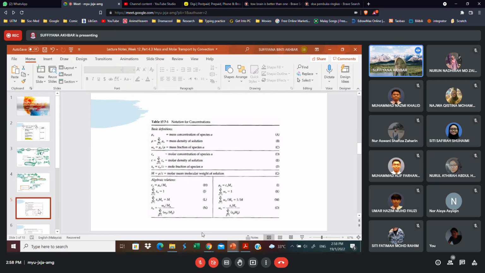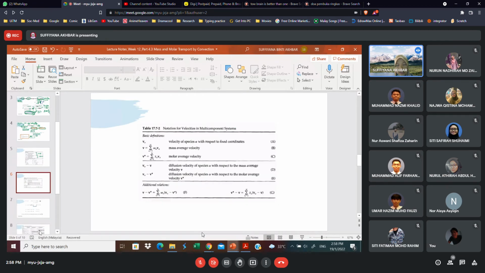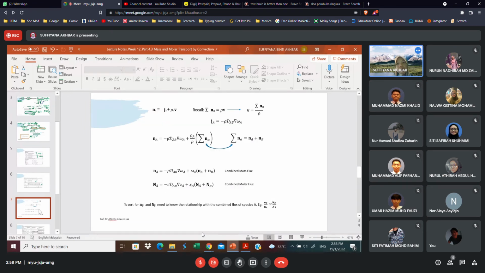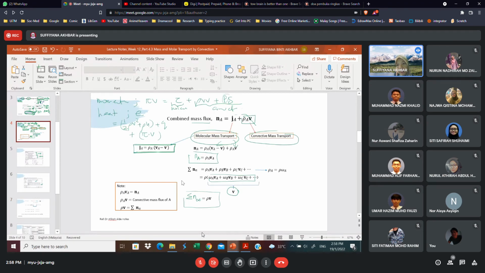Okay, so this is notation. Okay, this one I dah discuss tadi. This is for mass, this is for the molar. And then this one pun I dah discuss. Okay. And then apa lagi tu ni? Okay, so tadi tak settle lagi. So from here, sini,